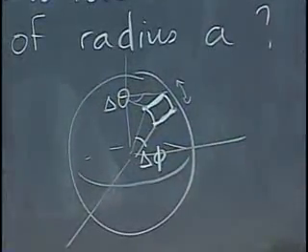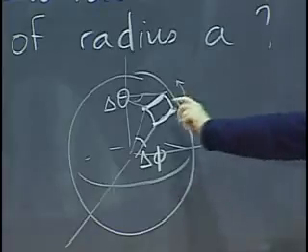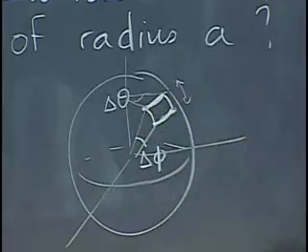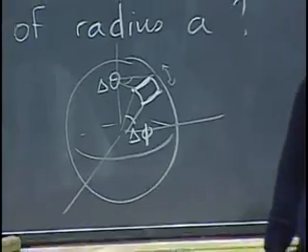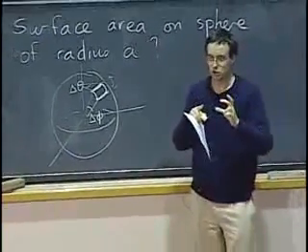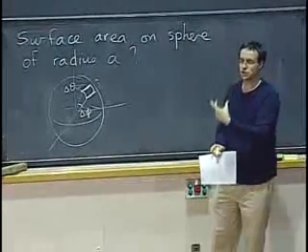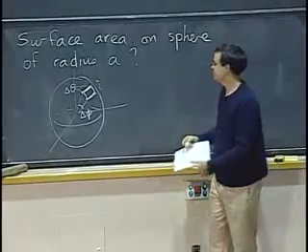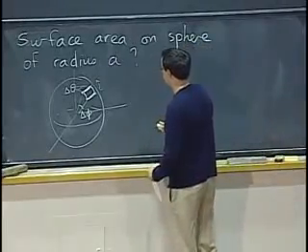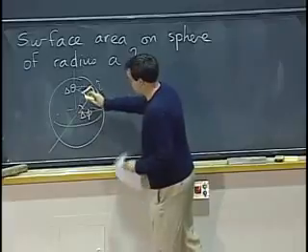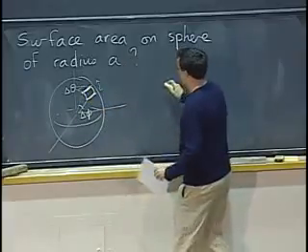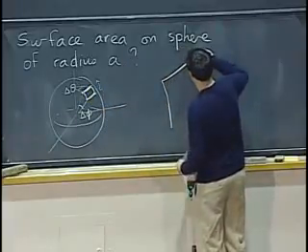Okay, so when you draw a map of the world on a globe, that's exactly what the grid lines form for you. So what's the area of this guy? Well, of course, all the sides are curvy. They're all on a sphere. None of them is straight. But still, if it's small enough, then it looks like a rectangle. So let's just try to figure out what are the sides of your rectangle.